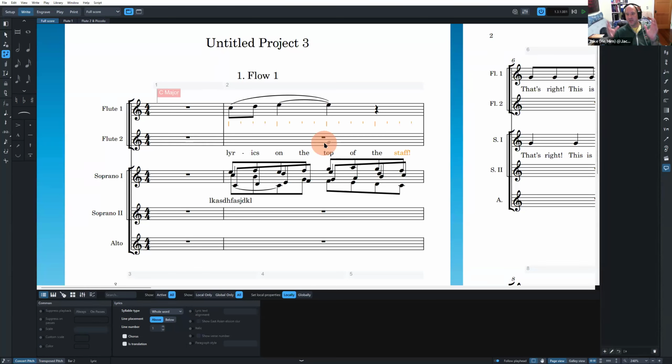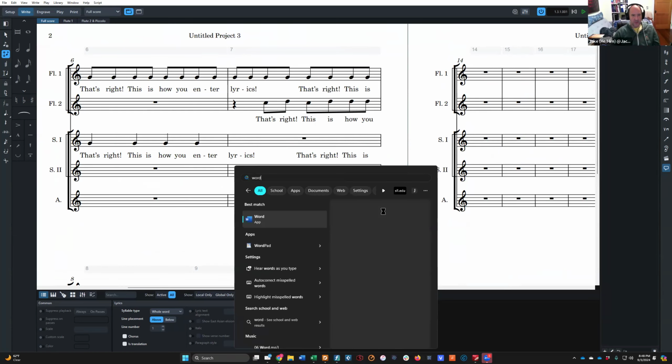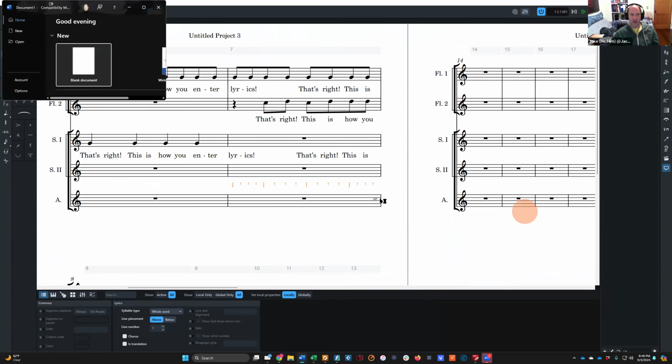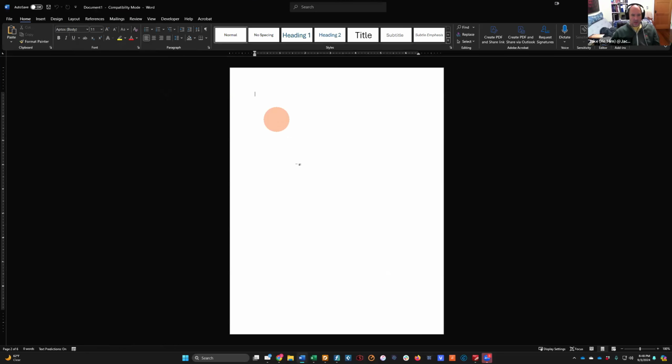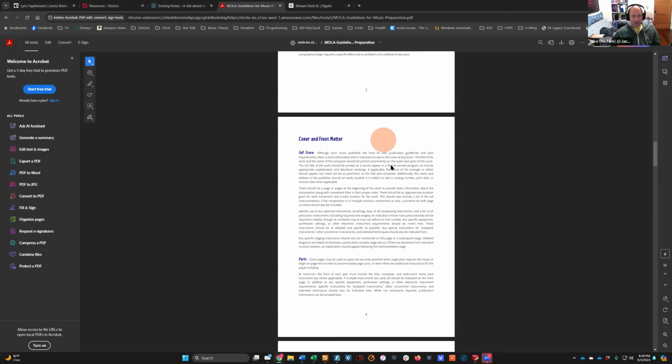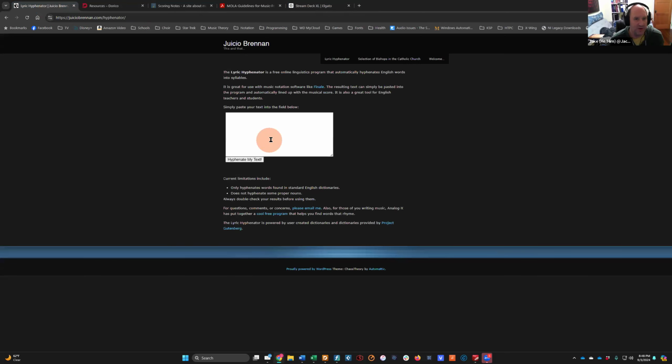There's no built-in lyric window like you're used to. However, what you could do if you're dealing with large texts is have it in a Word document. And let's see here. We're going to steal some text from the MOLA guide, and now I'm going to go over here to the